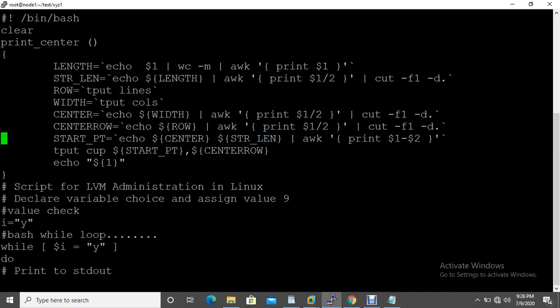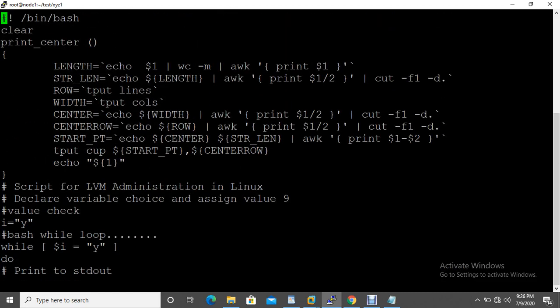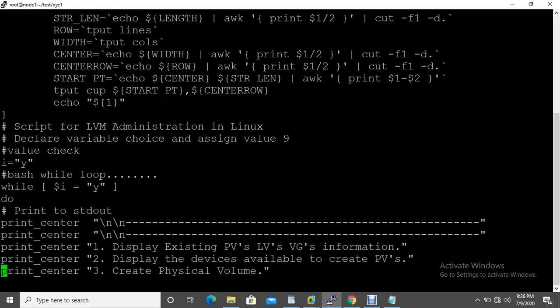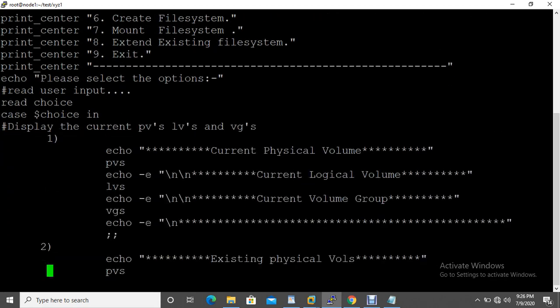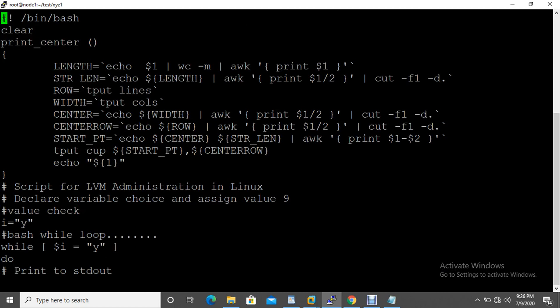Suppose this is a big file, and you want to add something at a particular line, and you need to find exactly where that line is. What you have to do is press slash, and then give what you're searching for. Suppose I'm going to search for do, so you type do here. You can see it's showing.